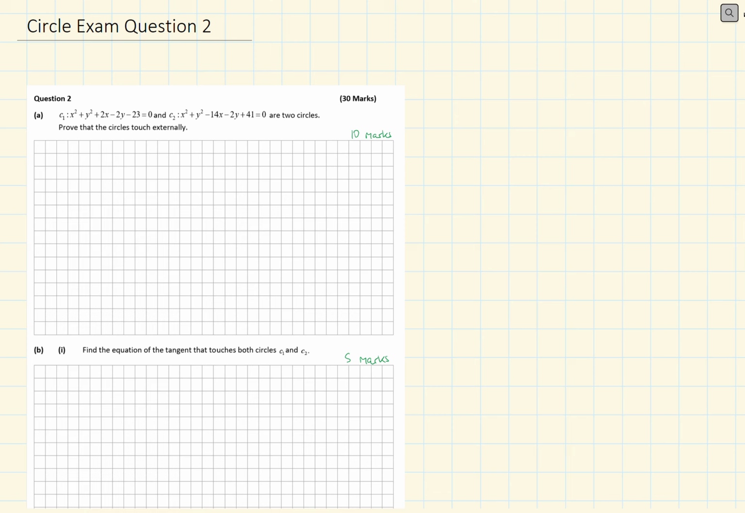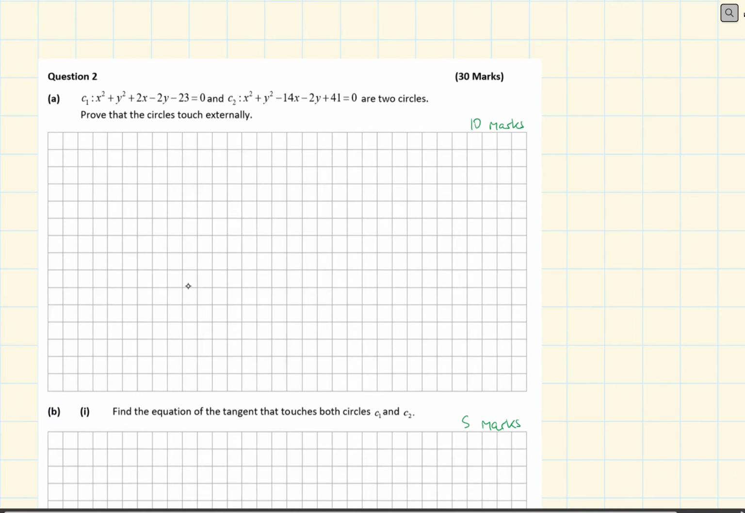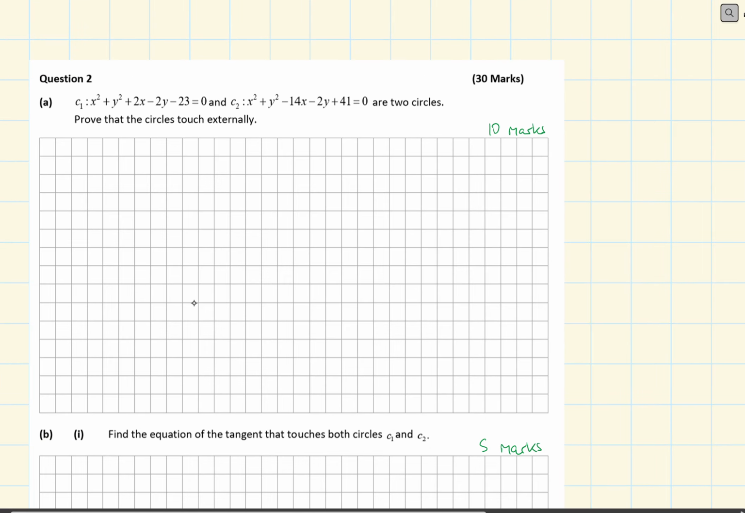Okay, so in this video we're going to have a look at an exam question involving the circle. It's a section A exam question, 30 marks, and there are 4 parts to it. If we look here in part 1, we're given the equation of 2 circles and they say prove that